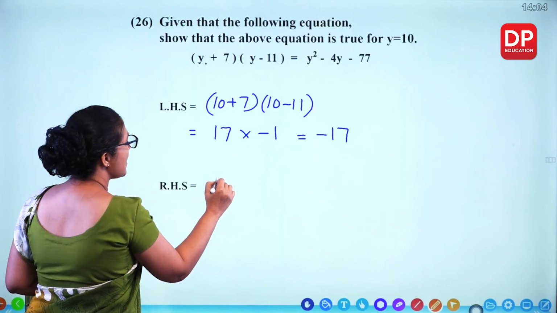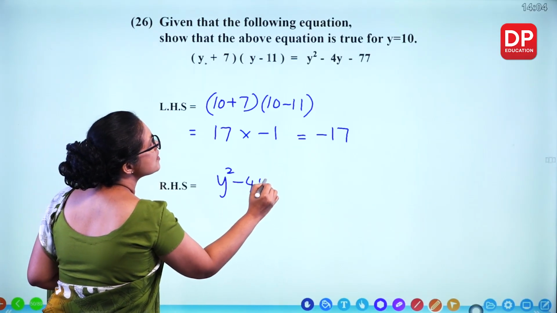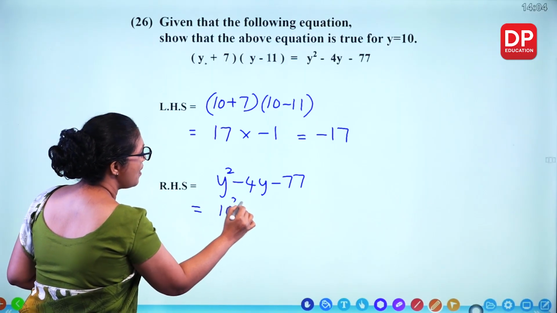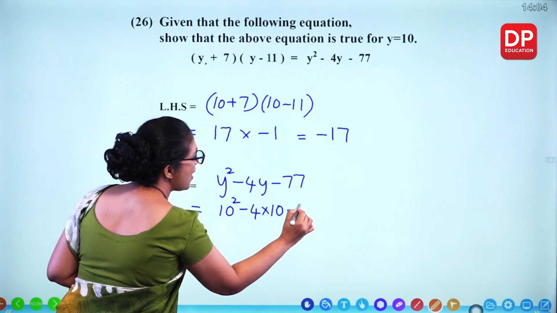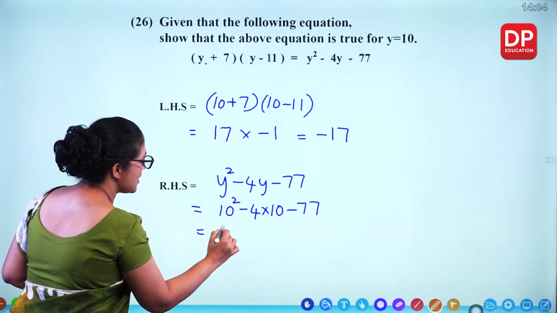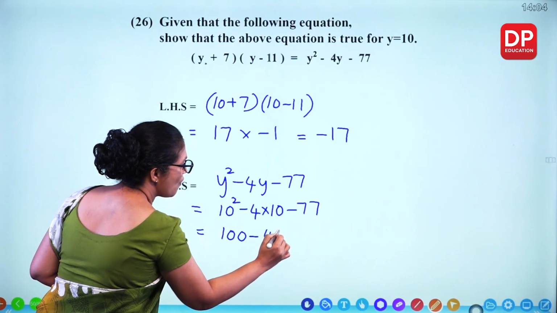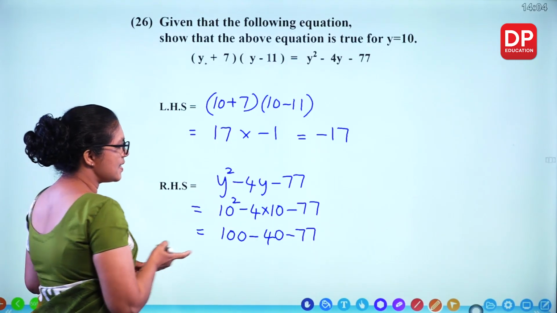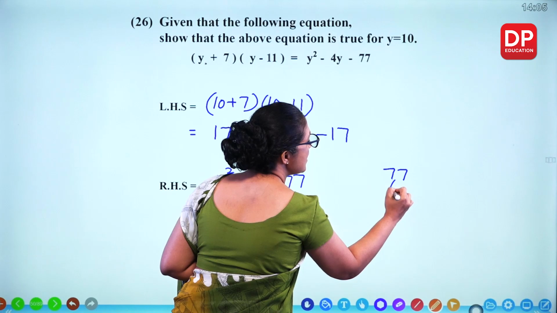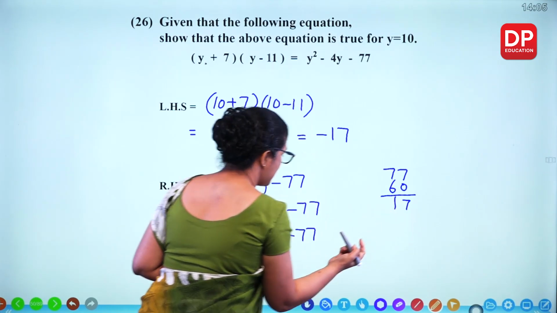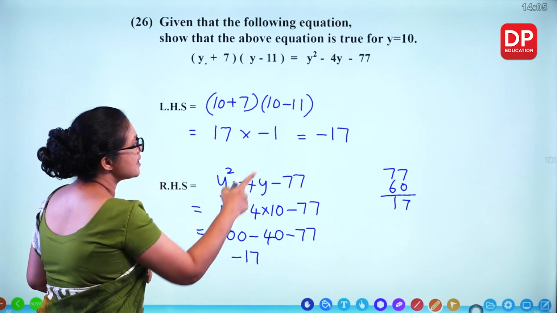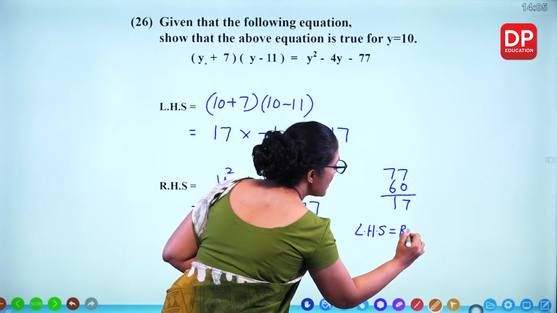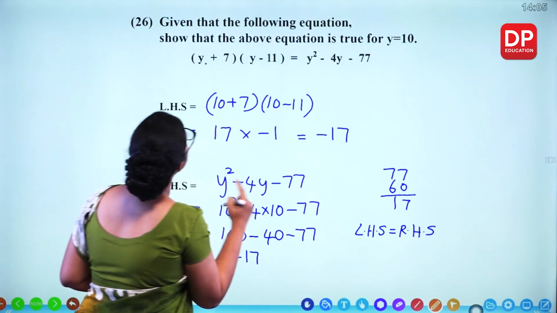Now take the right hand side and substitute. y squared minus 4y minus 77. y is 10. 10 squared minus 4 times 10 minus 77. 100 minus 40 minus 77. 100 minus 40, 60. 60 minus 77 is minus 17. So we get same answer. So left hand side is equal to right hand side. So that means this is true